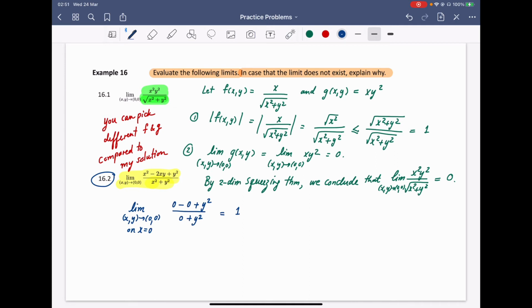Well, what if I pick another one, which is x, y go to 0, 0 on y equal to 0? What happened? So I have x squared minus 0 plus 0 over x squared plus 0, which is actually 1 again. You can see that this is not simple. Maybe you need to pick another line. You need just to find another one that